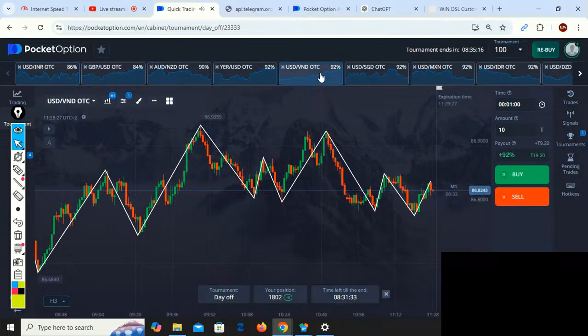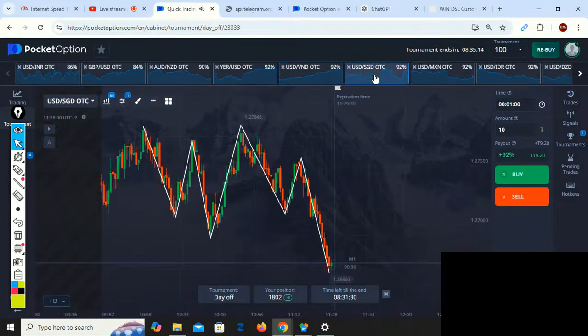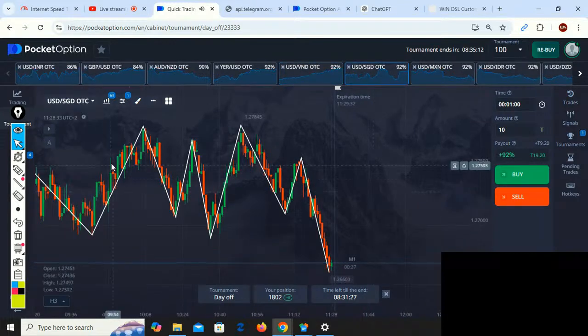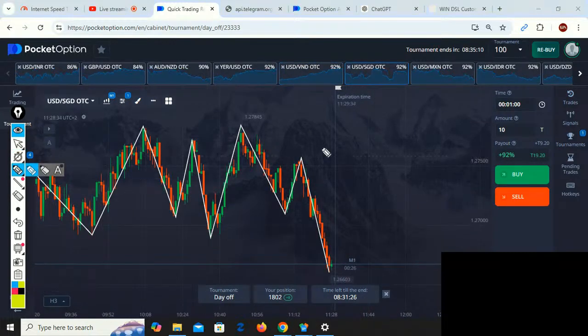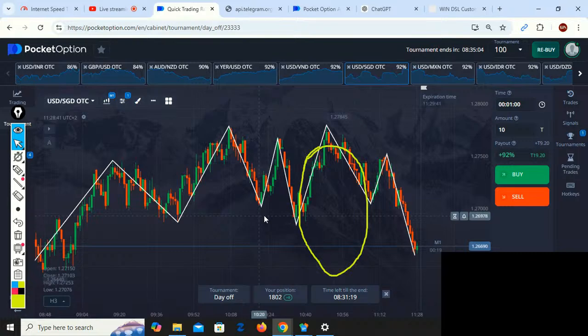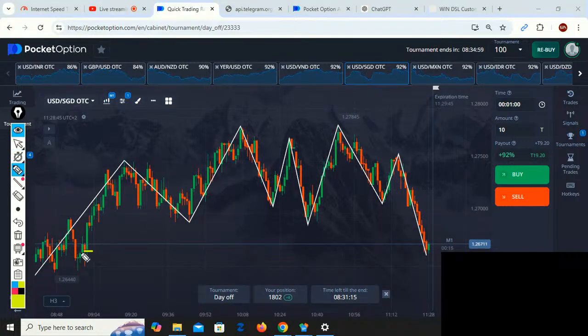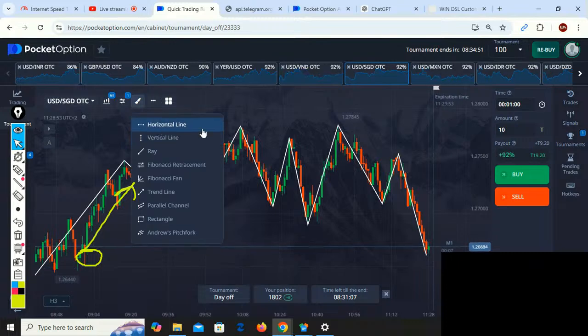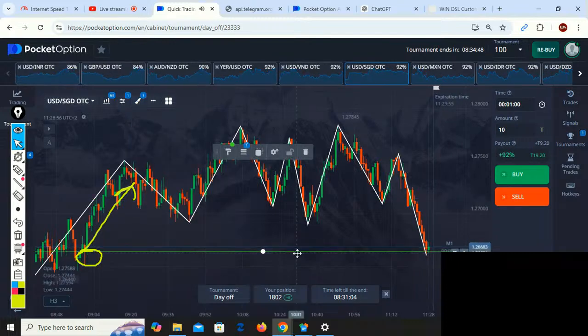First, let me find something clearer. Okay, look at this one. Beautiful steep dive to the downside. You should look to the left side for some sort of a demand area in this case. So look at this over here. You have a strong demand area. So the only thing you have to do is to just mark the zone with the horizontal line you see